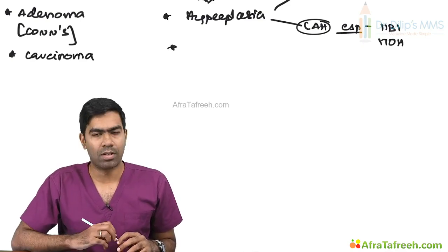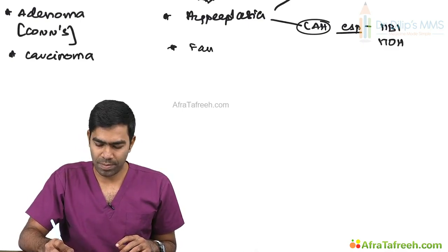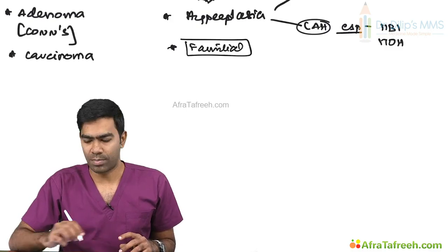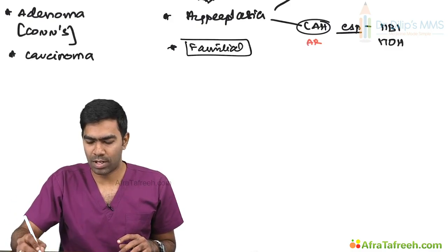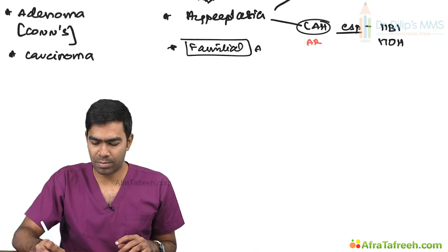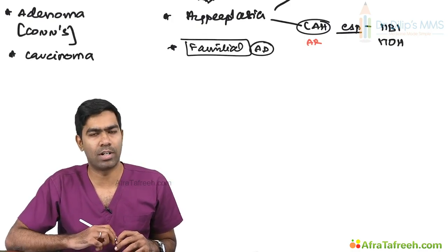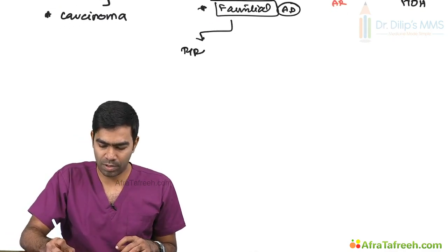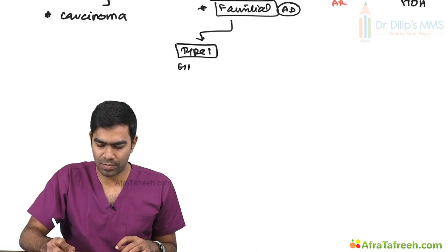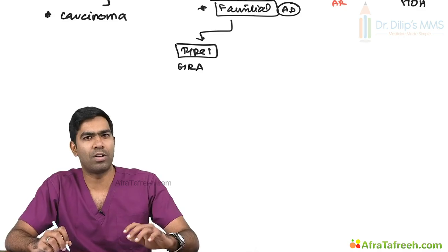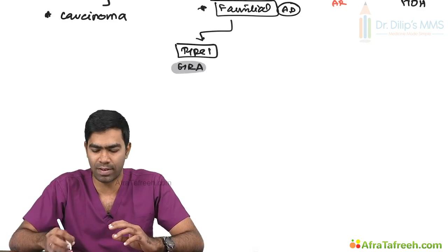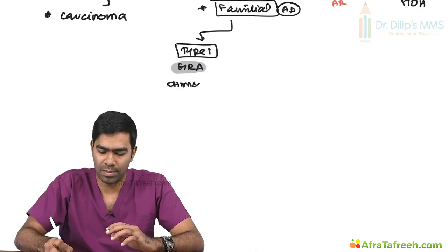And second, it can be due to some familial causes like familial hyperaldosteronism. Remember, congenital adrenal hyperplasia tends to be autosomal recessive in inheritance, whereas familial types of hyperaldosteronism tend to be autosomal dominant in inheritance. There are many different types. You have type 1 familial hyperaldosteronism, otherwise referred to as glucocorticoid remediable aldosteronism, the details of which I have described in the basics of the adrenal section, where there is formation of a chimeric gene between 11B1 and 11B2,